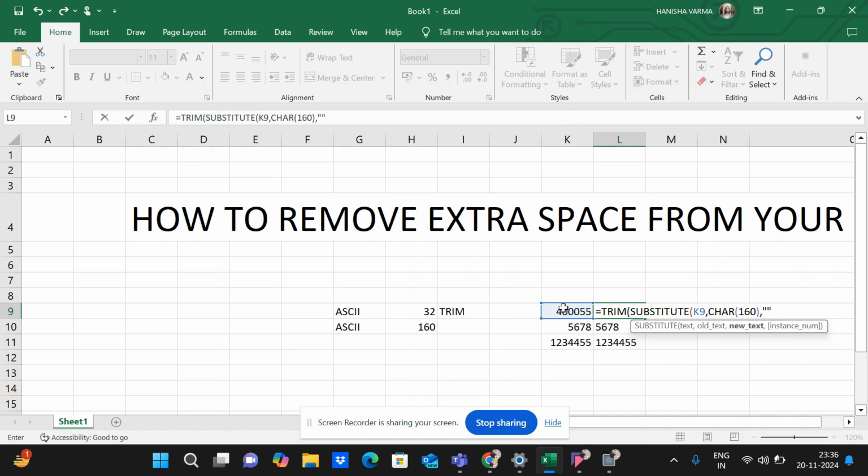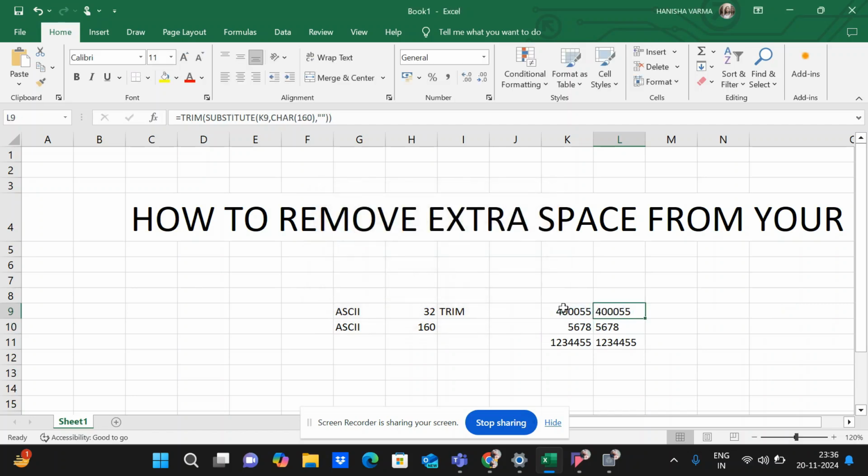So what I'll do, I'll type double inverted commas, which will give a message to Excel that just give me the result without any space, and then just close my formula and press enter. If you just do this, any extra spaces which have come from the open market, from the open website, it will remove them.